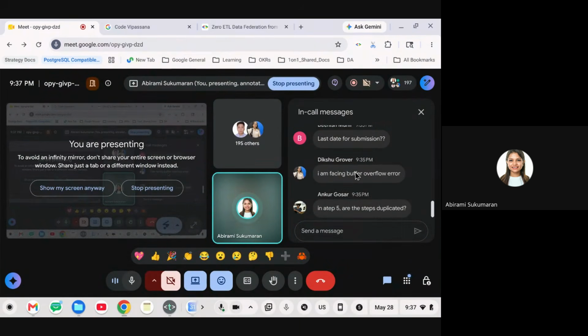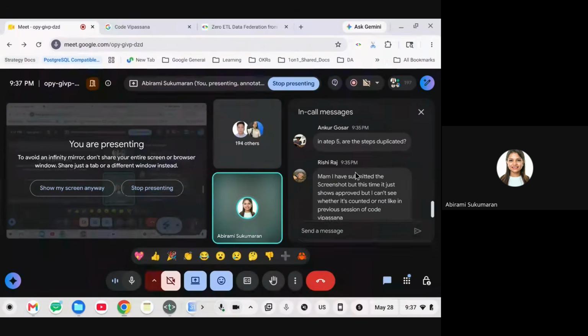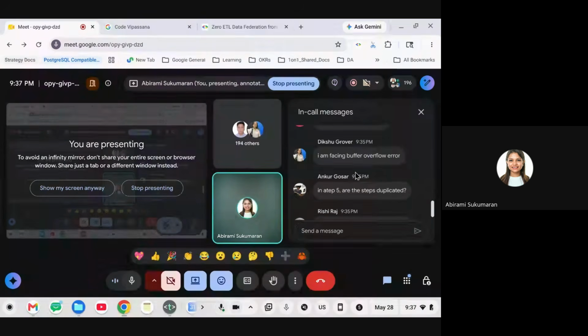If Shehzad is there, if you want to explain the conflict, please let me know. Because whatever information is there, if AI is able to handle that conflict, if it's able to resolve the information that is available across multiple data sources, it will definitely try to do that. Unless something is completely insignificant, it won't make assumptions. So that is the bare minimum.